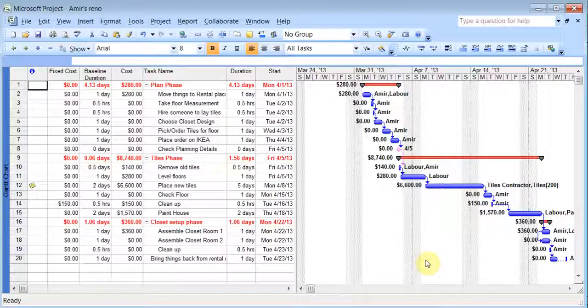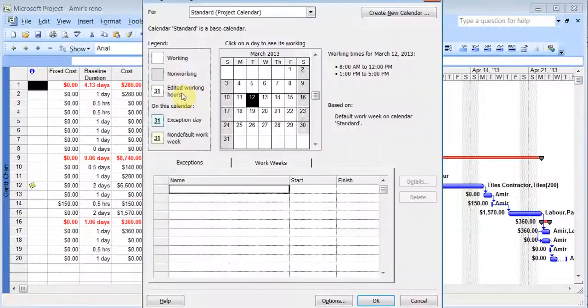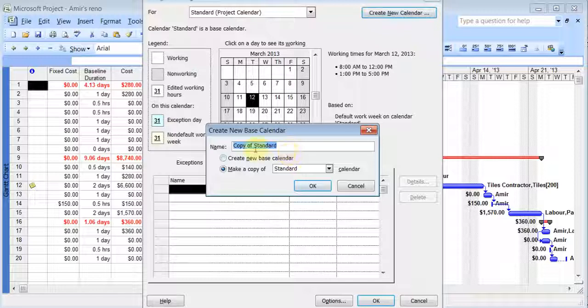Now we can talk about some customization options in relation to calendars, because say for example you had some people who were having different times of work, so you can create special calendars for them and you can assign them in the resources sheet. So to do that, you can go to tools, change working time, and then you click on create new calendar, and it's going to make a copy of the standard calendar which we've been using, but I'll just give it my name,